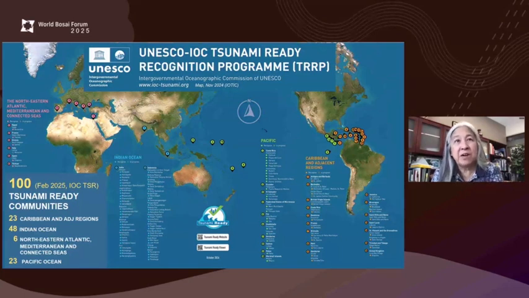where we still have a lot of work to do. Just a couple in the Indian Ocean, kind of led by Indonesia and India, who had huge casualties in 2004, but some gaps there. And then finally, probably the Mediterranean is where there are potentially the hugest risks. I think 120 million people live within 10 meters of the coast. And I think you all know there's a large tsunami risk in at least the Eastern Mediterranean. Next slide.